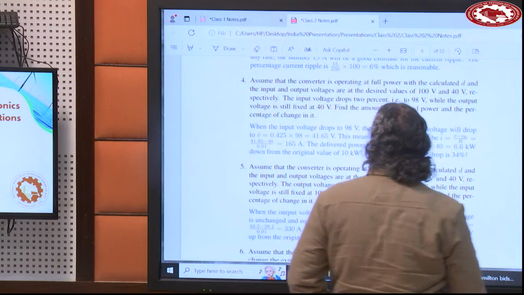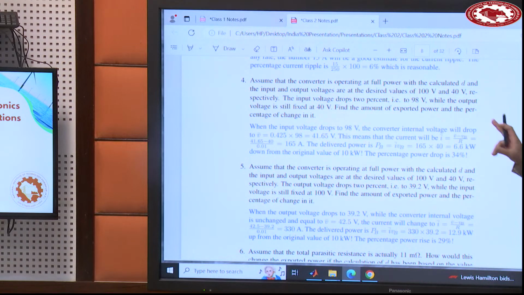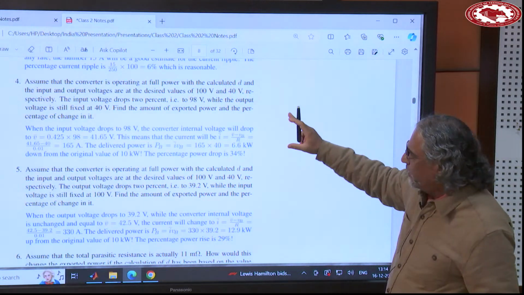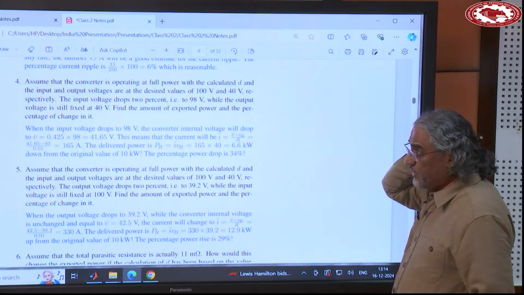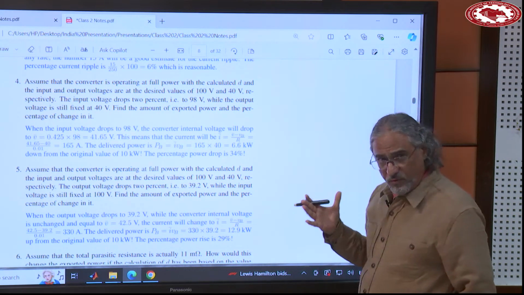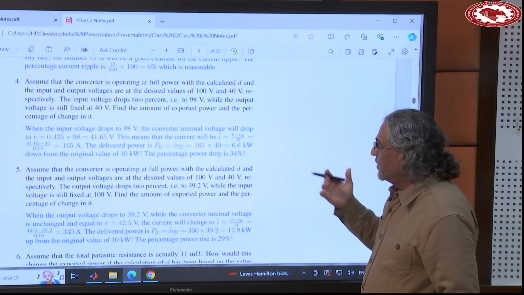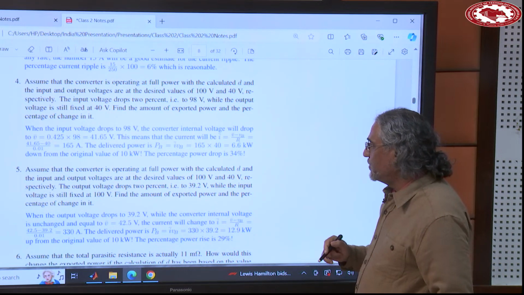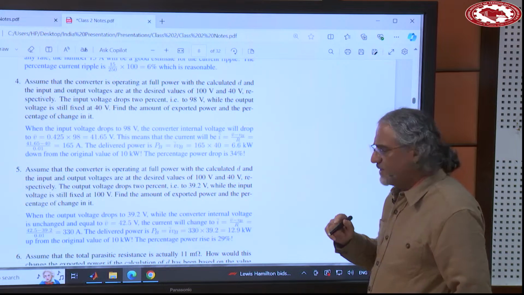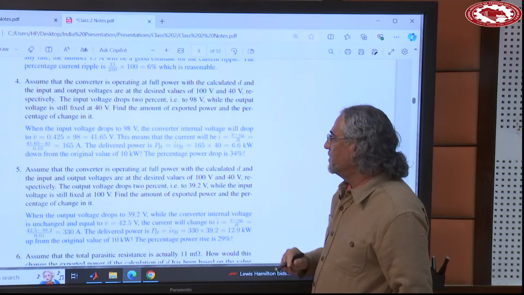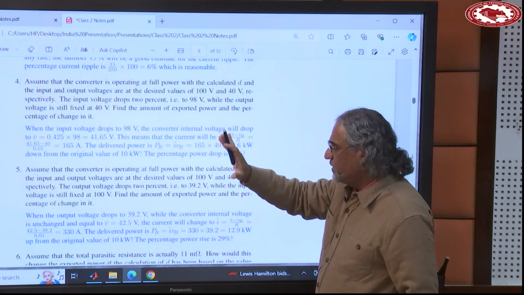Assume that the converter is operating at full load. Oh, and this is a good item. We are going back to that problem that I referred to, 0.4, 0.425. You will see what is the consequence of that problem. Assume that the converter is operating at full load with a calculated D, which is 0.4, with the voltages of 100 volts and 40 volts. Now, the input voltage drops 2%, a tiny amount, from 100 to 98,